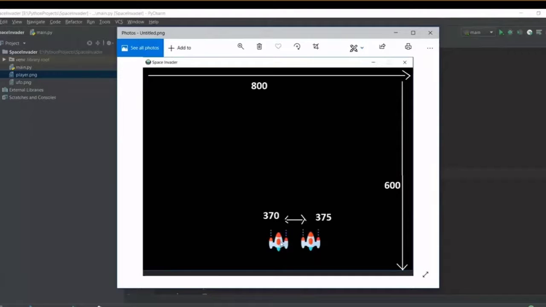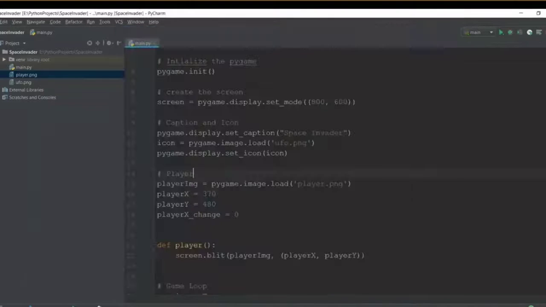Similarly, if we want to move it to the left hand side, we can just decrease some value from our 370 pixel value, that is, we can decrease some player X value and it will move towards the left hand side. And similarly, if we want to move up, we can subtract some y value. So currently the y value of this is 480.